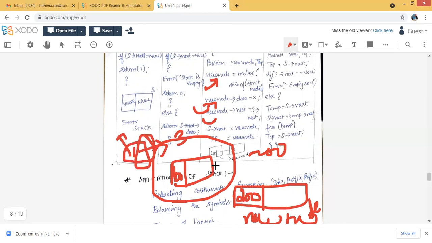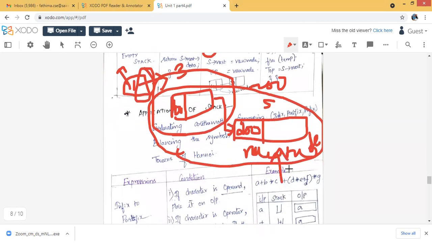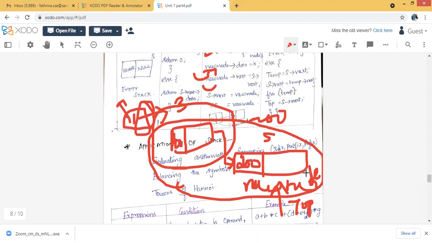That will connect this one, so we make a connection between these two nodes. Now the stack's next will be my new node. So now my stack will be like this. This is my entire stack. Now it points to the top position. Whatever node you inserted will point to the top.